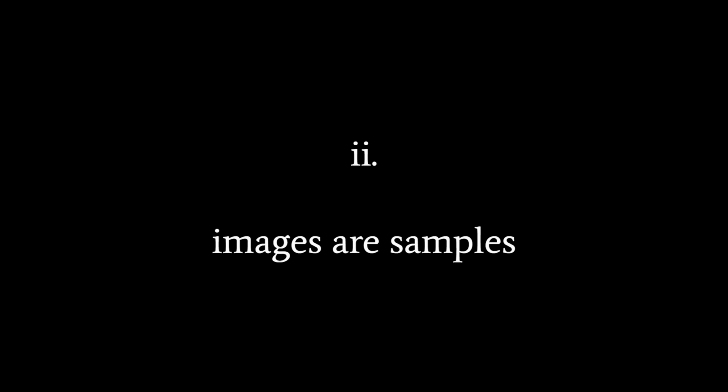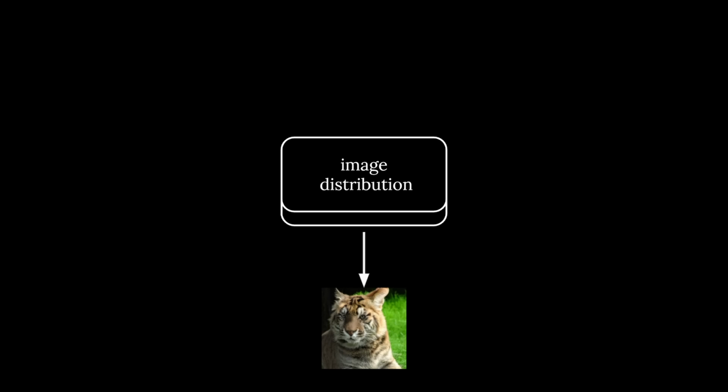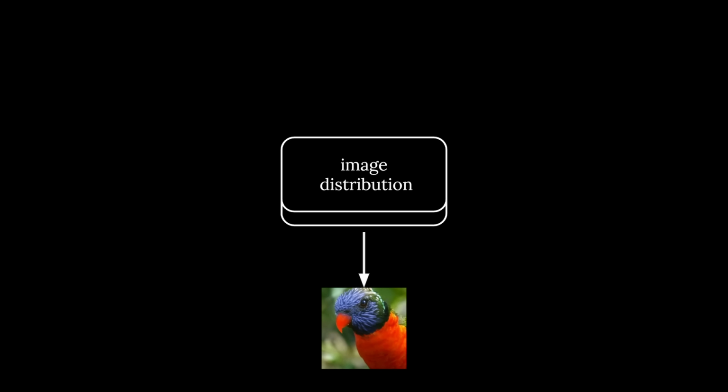So, how do diffusion models relate to all of this? Well, you can think of images as samples from a very high-dimensional probability distribution. And at this point, we're ready to understand exactly what that means. If you draw a sample from this distribution, it gives you an image of something random. Could be a cat, a goldfish, a watermelon. And like any